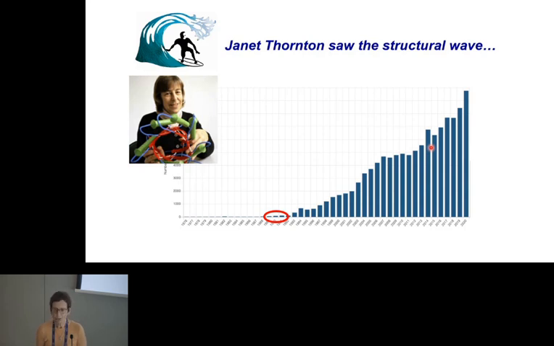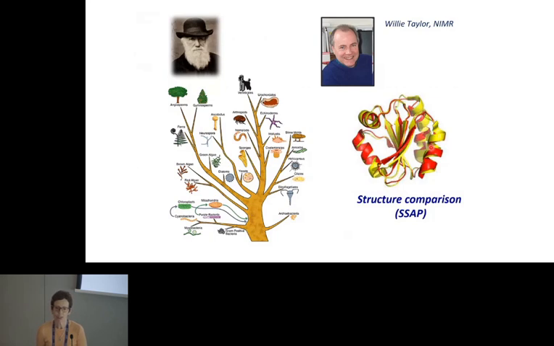And at the time, I was working with a brilliant scientist, Willie Taylor, at Mill Hill. And he was interested in developing algorithms to superimpose protein structures to see how related they were. So I worked on this algorithm with him, and this is obviously a perfect tool to look for evolutionary relationships between